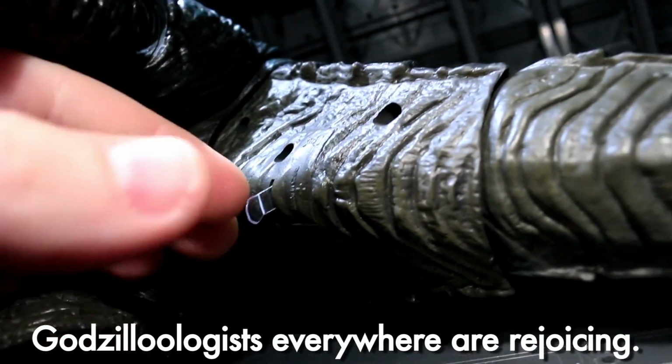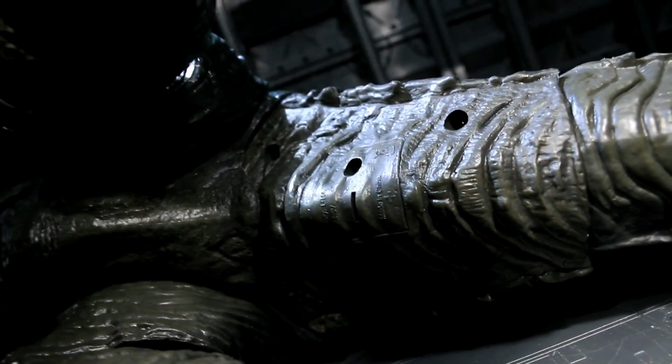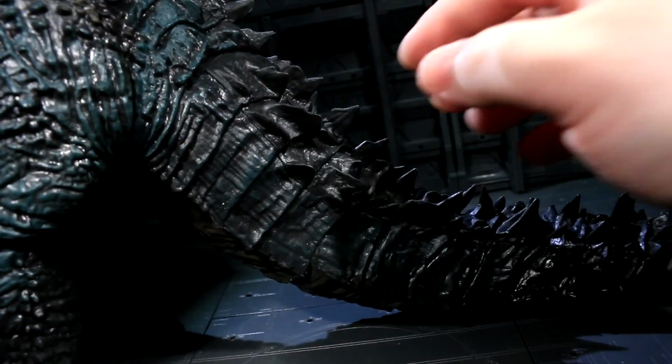All right, so there's a battery blocker plastic tab down here. There are some suspicious panel lines. There's a thing saying something about China. What's it all mean? Well, would you believe me if I told you there's a button on this tail? NECA did a pretty good job camouflaging it, but one of these spines is also a nicely springy switch for getting Godzilla to go like...